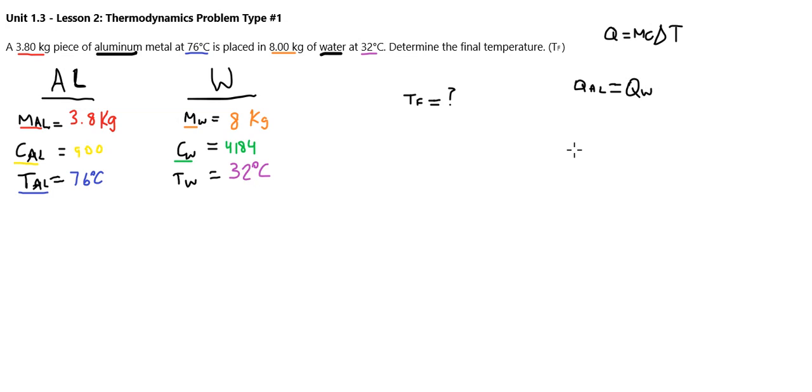We'll explain more about that in a different video, why that's the case. But knowing that, we can now solve. So we don't really need to know what Q is to solve this problem, because Q of aluminum is going to be